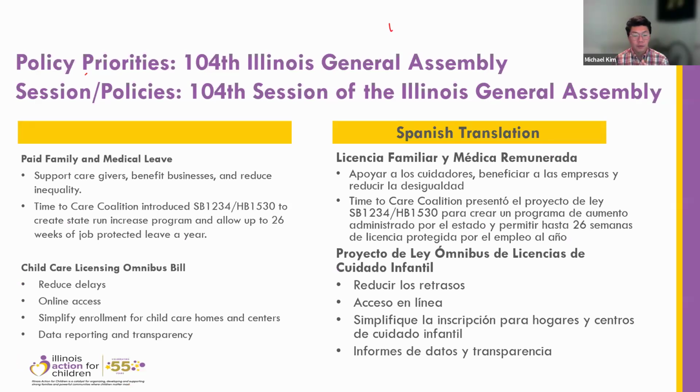Yeah, so we have two really quick slides, and then we'll finish off and go into questions like Angela said. Finishing off on some of the policy priorities, we have two additional policy priorities that we'll be focusing on. Paid family medical leave, which is to put into law family medical leave that will allow 26 weeks of job protected leave per year. This is an initiative that the Time to Care Coalition, backed by the Women's Employed Organization, is doing. Many of us advocates are on this coalition, and we'll be working with them to help get this bill passed this year if possible.